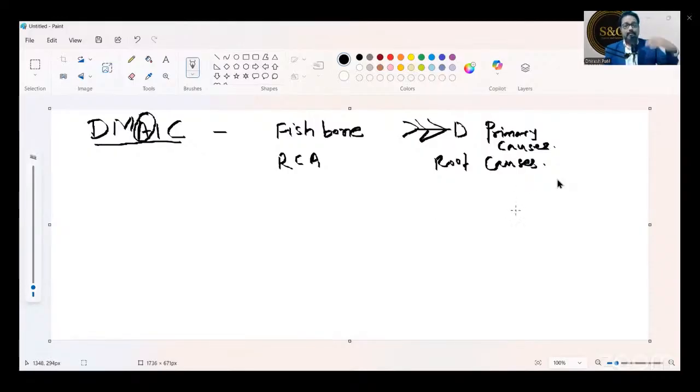After root causes, see, in the fishbone and root cause analysis, we are not using data here. Understand this? Do we use data in fishbone? Type yes or no in the chat box, everybody. When we do man, machine, method, mother nature, do we use data? No, right?